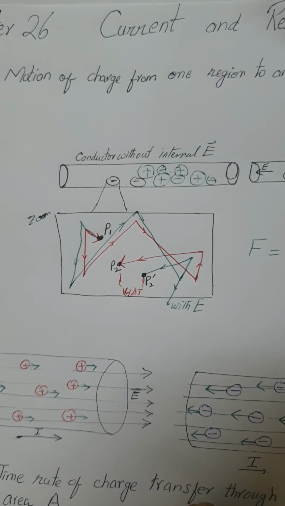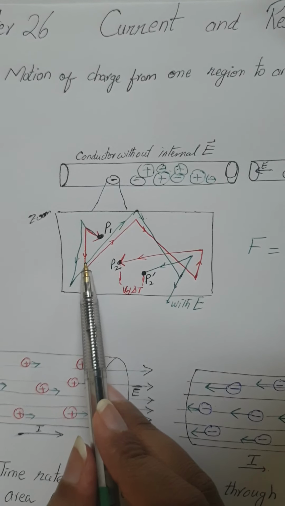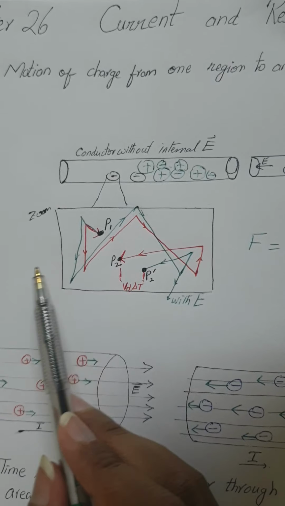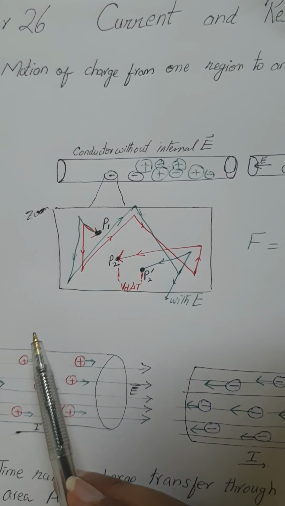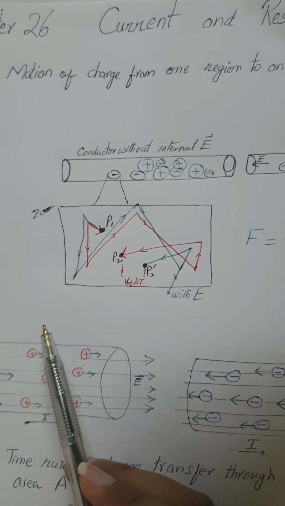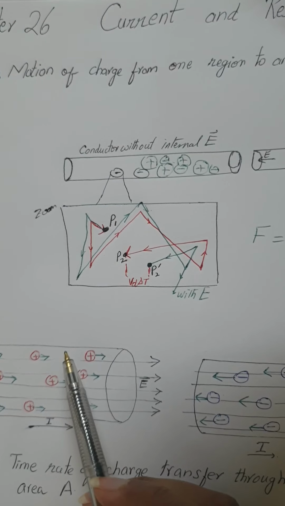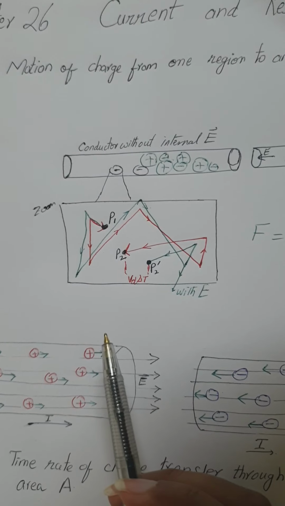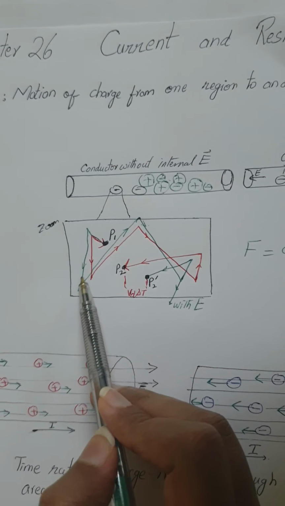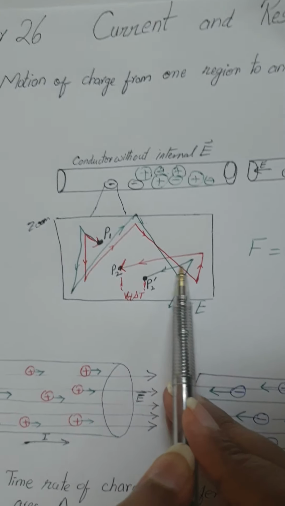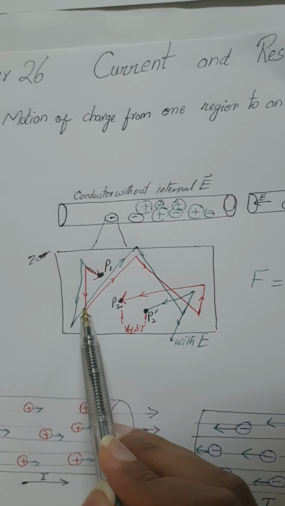The net effect of the electric field is that in addition to the random motion of the charged particle within the conductor, there is also a slow net motion, or drift, of the moving charged particle in the direction of the electric force. This motion is described in terms of the drift velocity of the particles. So here, this green path is a random motion of the electrons without electric field. When an electric field is applied,